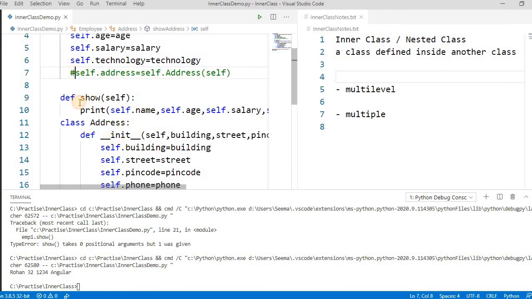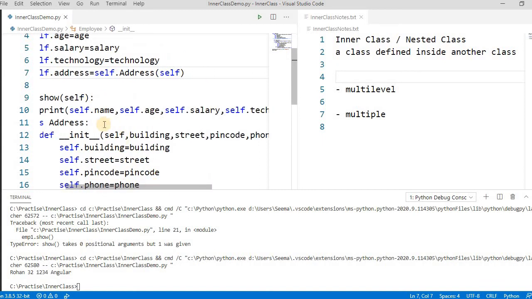Okay, so what we have to do? We have to assign this. Either there is one way, there is two ways. Either we have to pass this in a constructor, or we have to initialize something by passing this. So we have to pass something. What is their building number? Let's say building A or something.